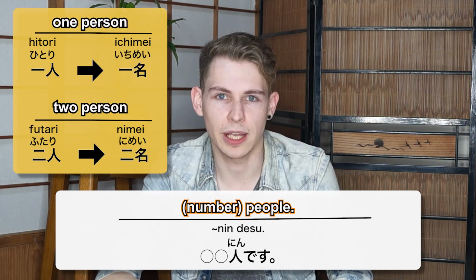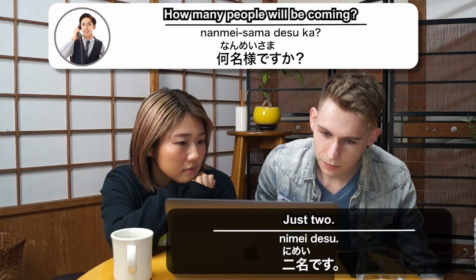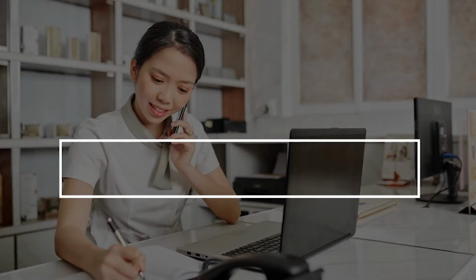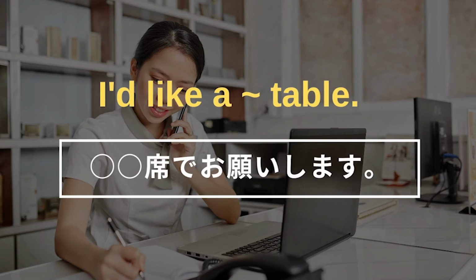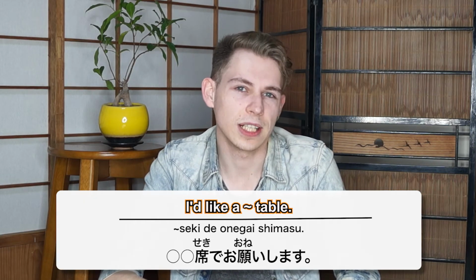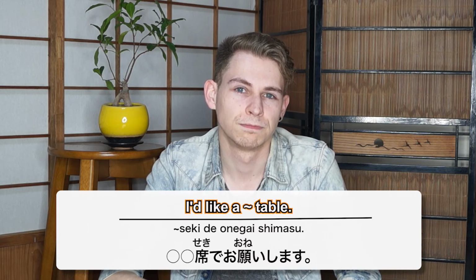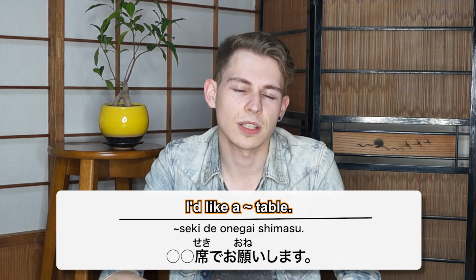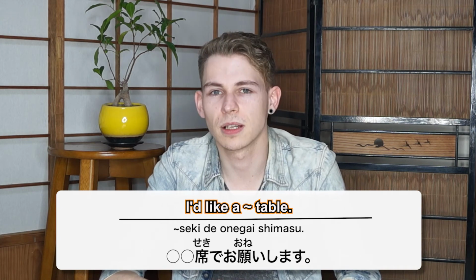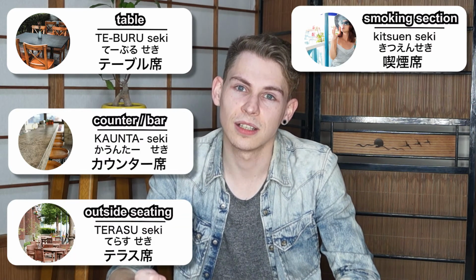何々席でお願いします。Use this to tell the staff what kind of seating arrangements you'd prefer. Some common examples include テーブル席、カウンター席、テラス席、喫煙席、and 禁煙席。